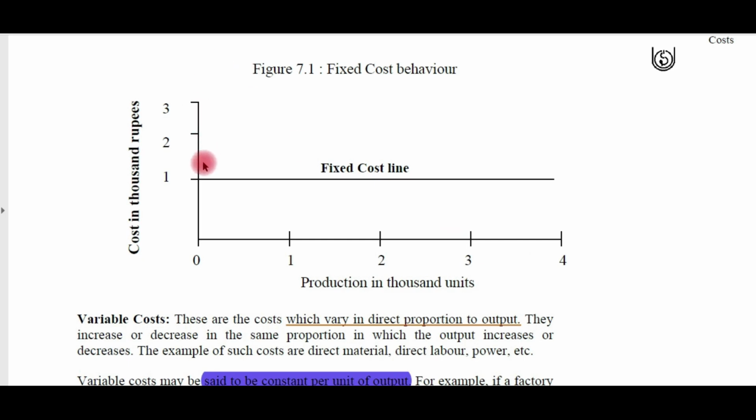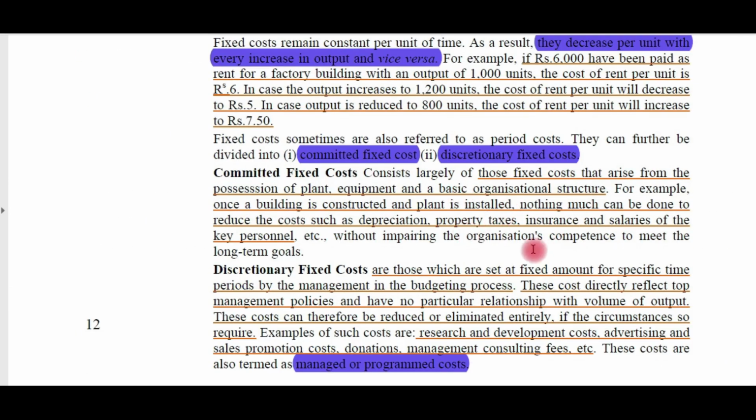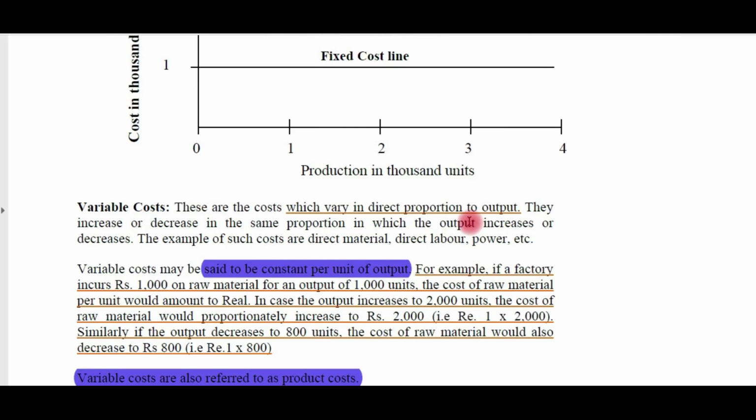Right? So the graph is given for fixed costs. As the production increases, the cost is not changing. The cost remains the same. These are called fixed costs, like management salary. We have seen salary for the management, property taxes, depreciation, insurance. Anyways, these have to be